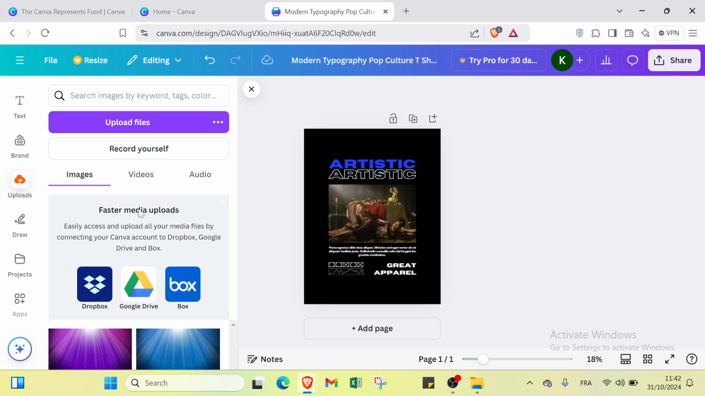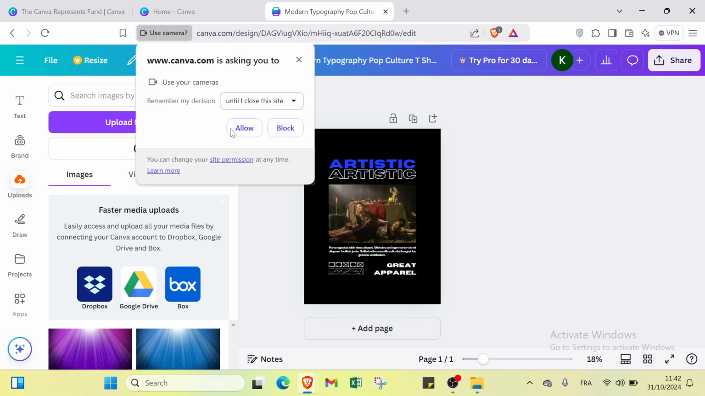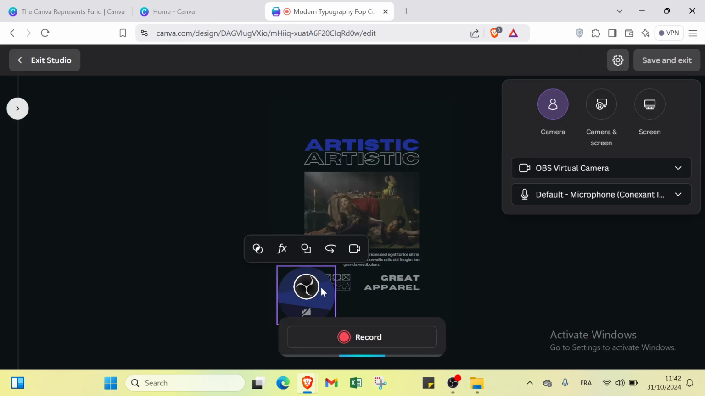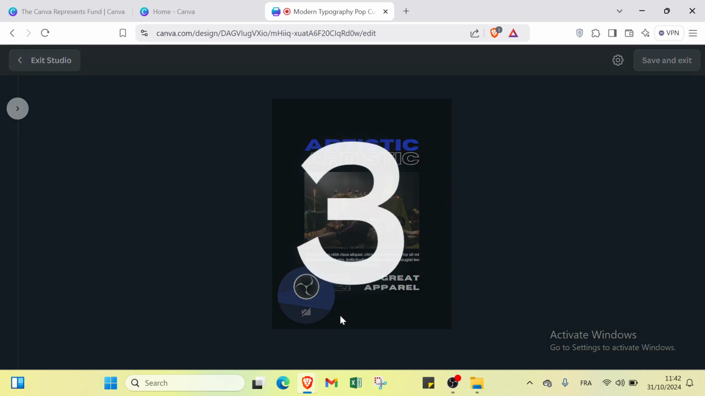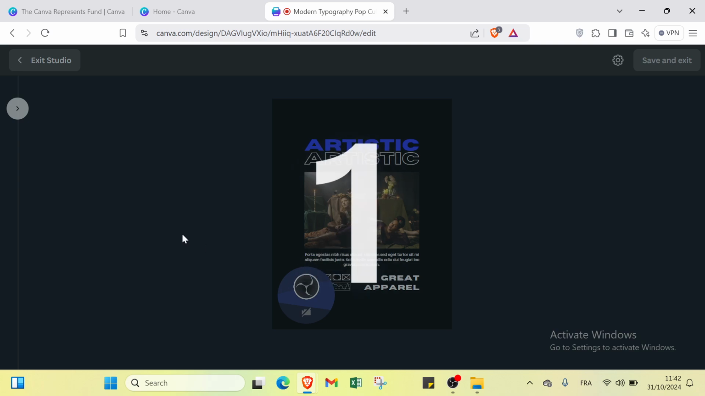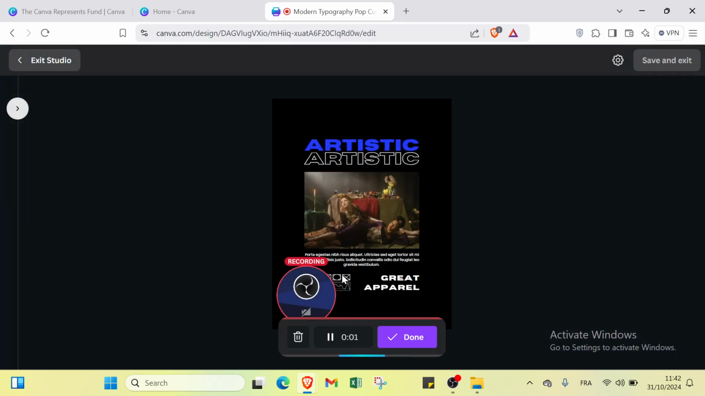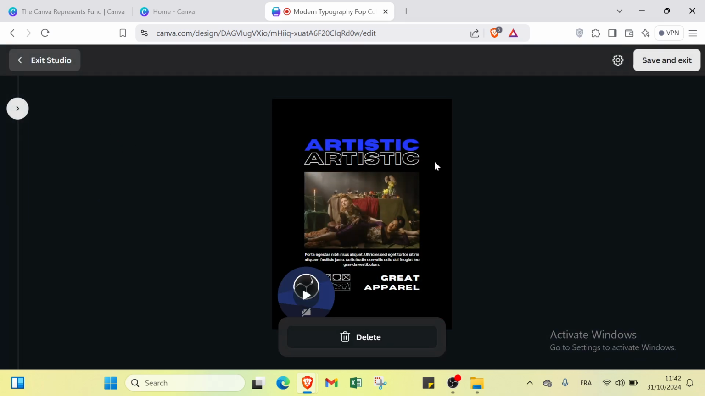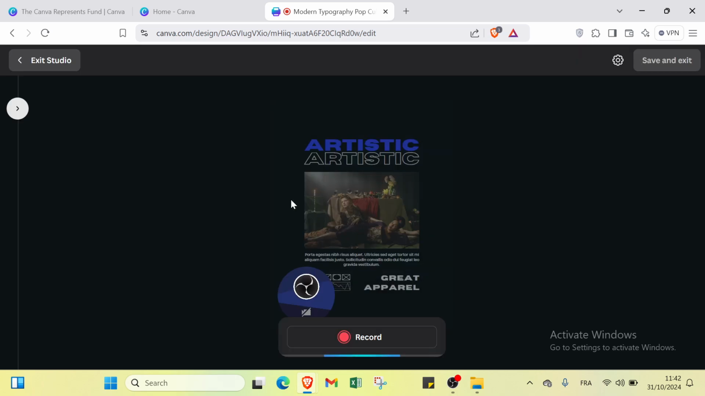from your computer. For example, I already uploaded these templates. As you can see, you can also record yourself. You just click over record yourself and you click over allow, then you get started and you record yourself. Right? Then you click over done. If you like it, you just have to save it and exit,